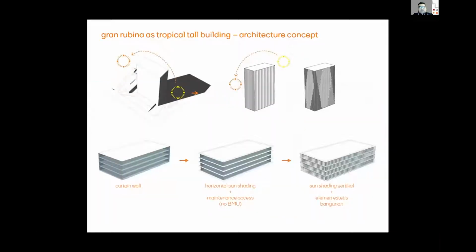We look into the massing. Of course, the developer likes the efficiency, so we keep the shape of the building rectangular with a central core. It is very highly usual for an office building. But when we are thinking about the envelope, we look into minimizing the cooling load of the building, as well as the easy maintenance of the building,